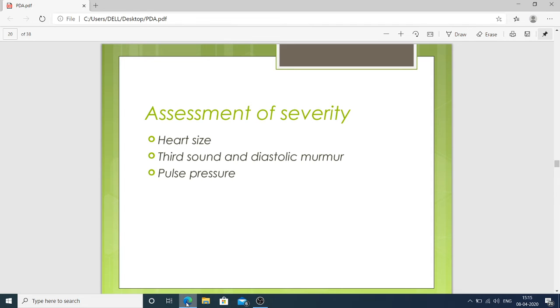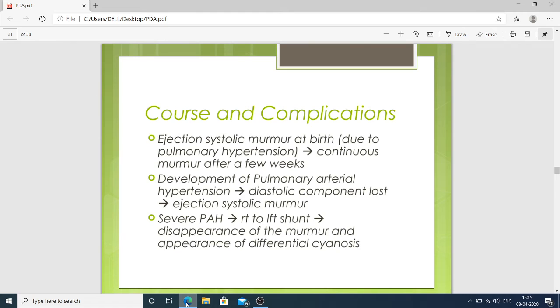Then assessment of severity. It depends upon the heart size, third sound and diastolic murmur, also with pulse pressure. Next is course and complications: ejection systolic murmur at birth due to pulmonary hypertension and continuous murmur